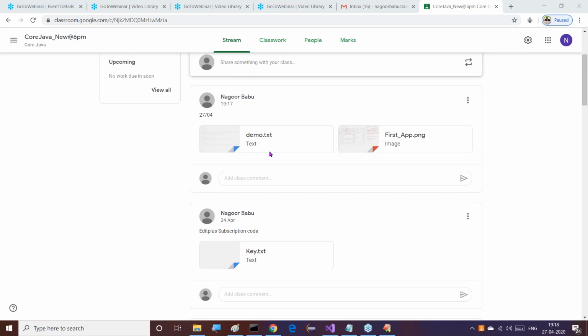No problem. Notepad Plus and Edit Plus are not mandatory to install. If your system supports Eclipse, yes, we can do that. Even myself, when I complete these basic classes, I will start directly with Eclipse IDE and do programming with Eclipse IDE. But up to this part, at the basic level, I am showing one by one like this, Edit Plus or Notepad Plus. If you cannot install Edit Plus or Notepad Plus, we can use Eclipse IDE.